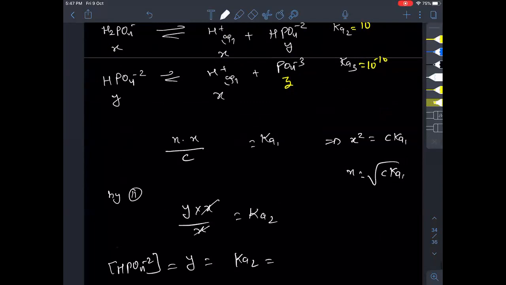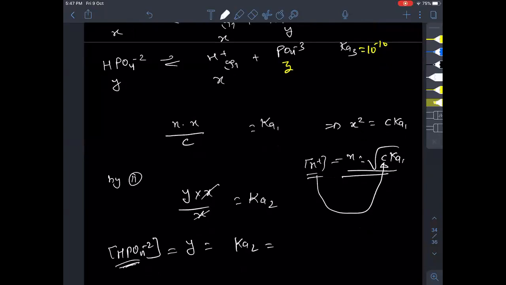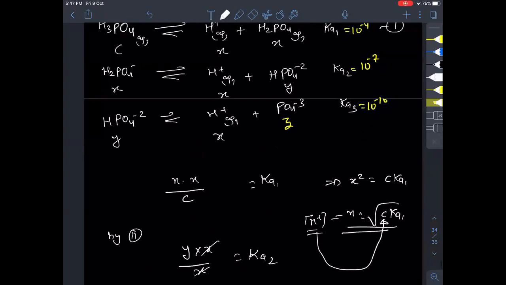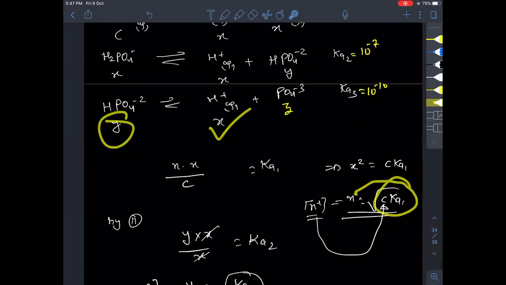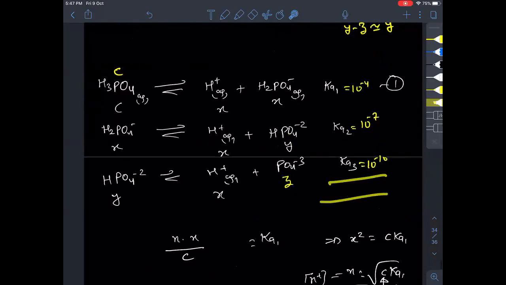So this doesn't depend on the concentration. You can see here, because this is nothing but H plus also, pH will depend on the concentration, right? Whereas the concentration of HPO4 minus 2 will not depend on that, because it is directly equal to Ka2. Likewise, for the third reaction, Y into x upon, Z into x upon Y. You know x already, substitute it here. You already know how much Y is, Ka2, you substitute here. Then the only variable is Z that you can calculate with the help of this. So this is how we calculate for polyprotic acid.